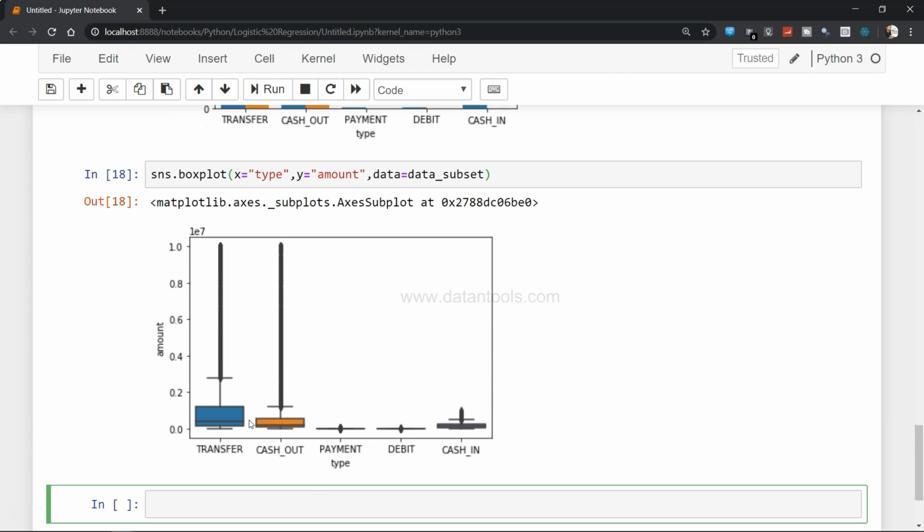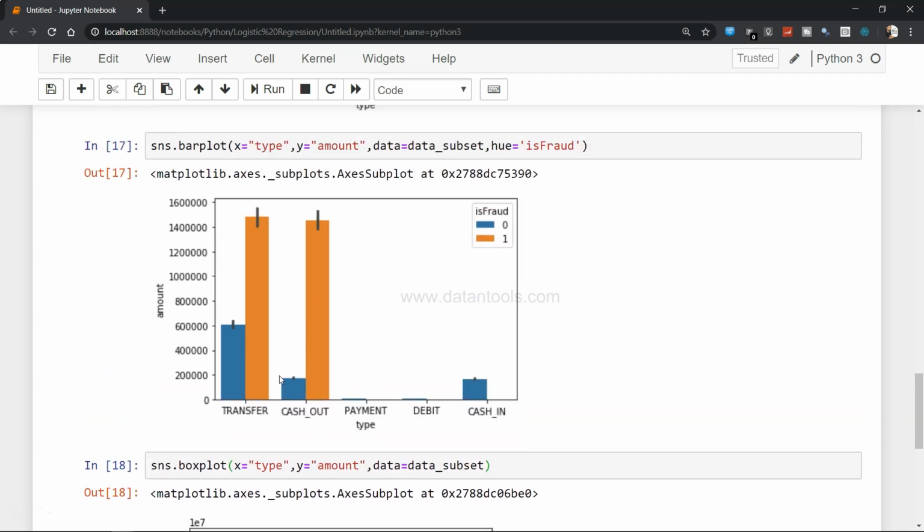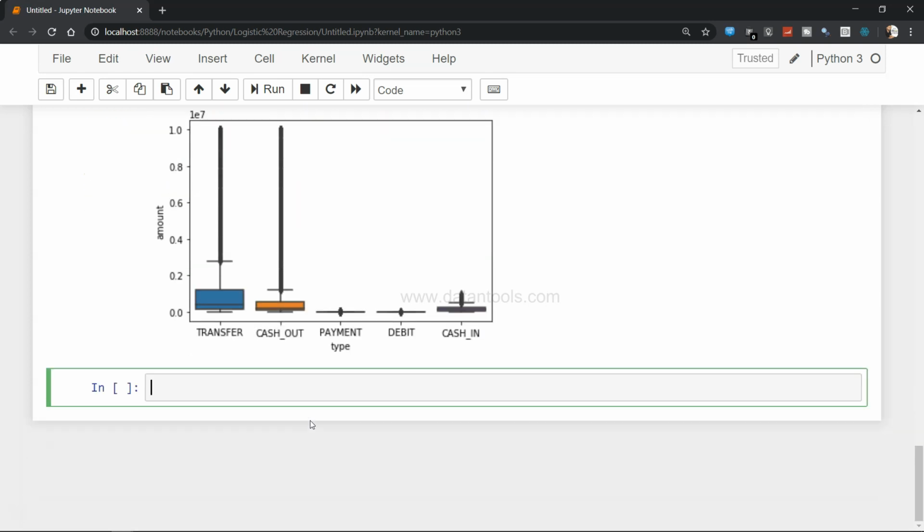Clearly again this indicates that there are a lot of outliers in case of transfer and cash out. There are a lot of fraud related activities that have happened within these two categories. So clearly these two categories are standing out and giving us information that they are important for our use.